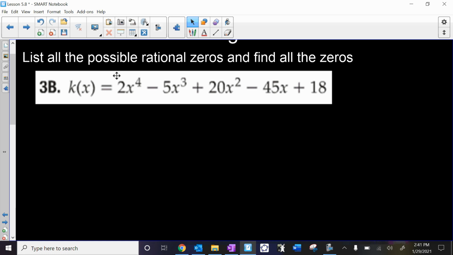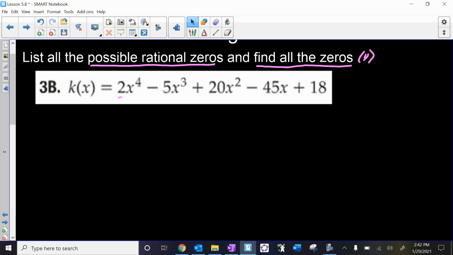Okay, now I want to find all the possible rational zeros from this polynomial. And then after we find all the possible rational zeros, I want to find all the zeros that truly do make up this polynomial. So I'll put in parentheses here that we should have 4 zeros because it is a 4th degree polynomial. So first thing that we're going to do is list the possible rational